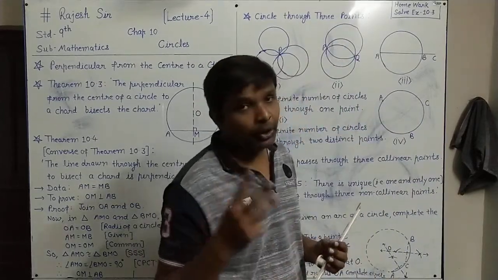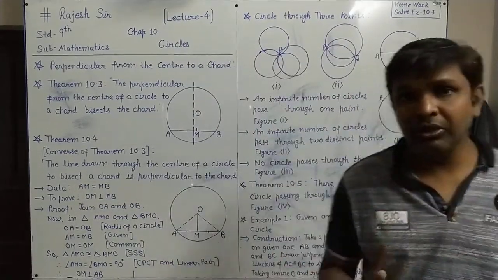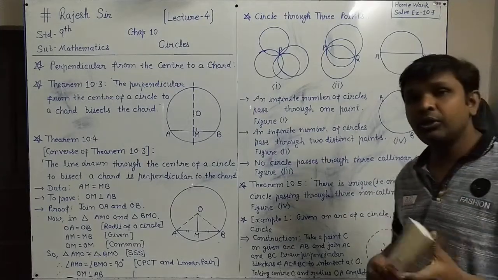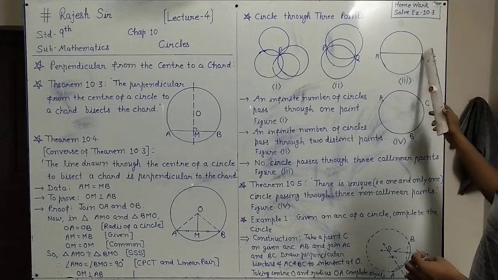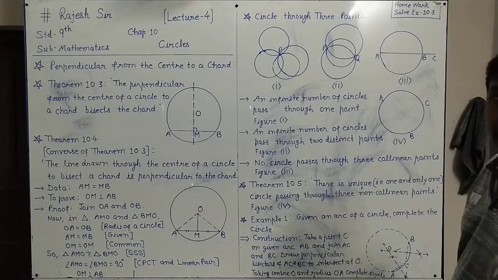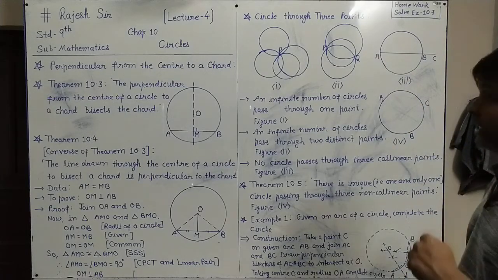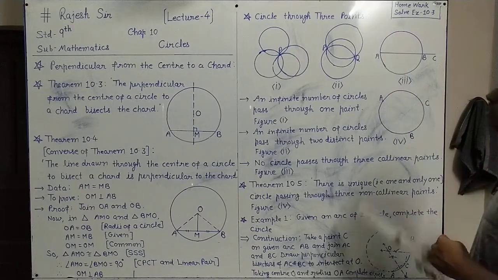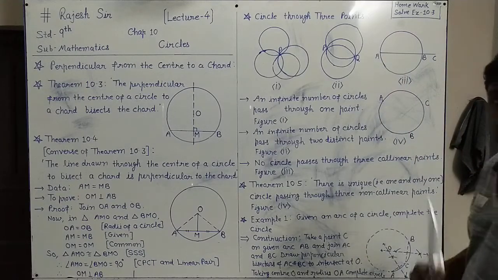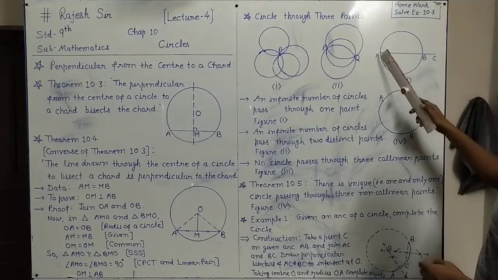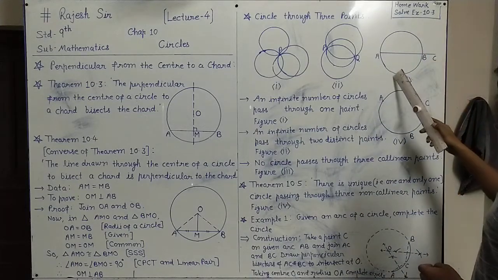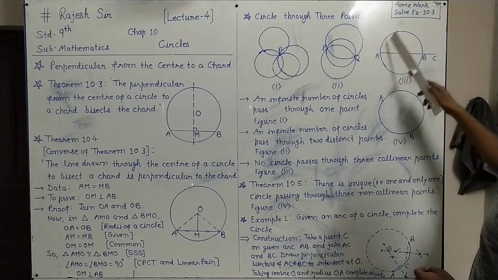If we have 3 points, they may be represented on the plane in 2 ways. First, we consider that the 3 points A, B, C are collinear. Collinear means all the 3 points are on the same line, as we have seen. If you want to draw the circle passing through all the 3 points, and I draw it this way, it is passing through A and B. If I draw the big circle, it will pass through A and C.